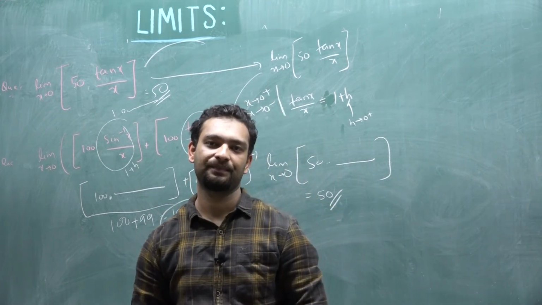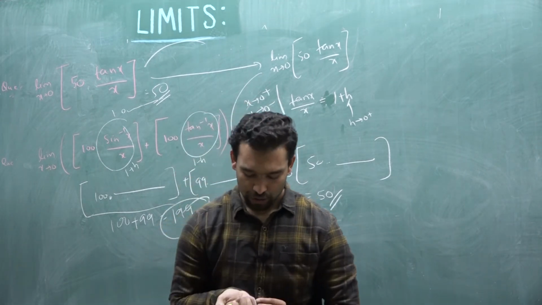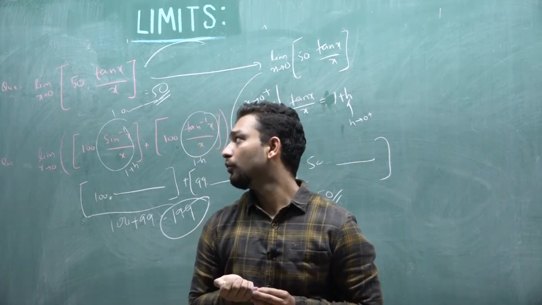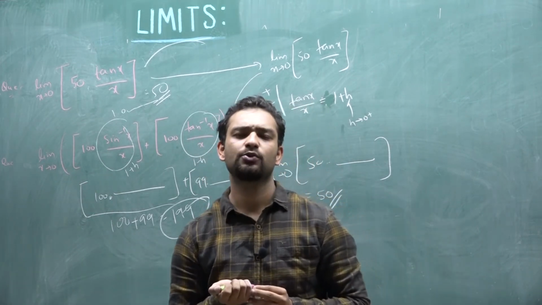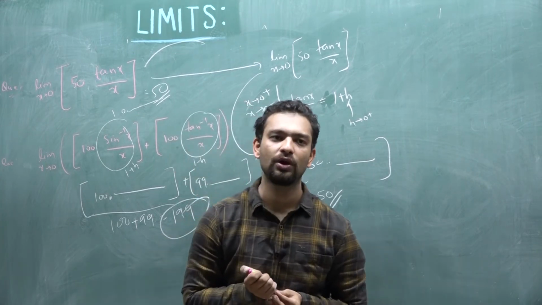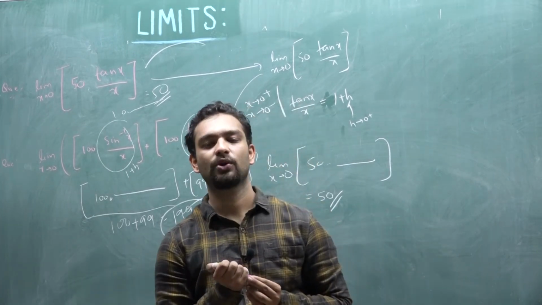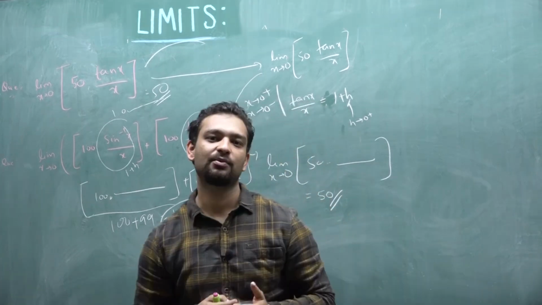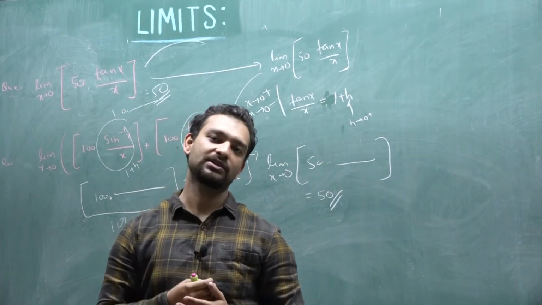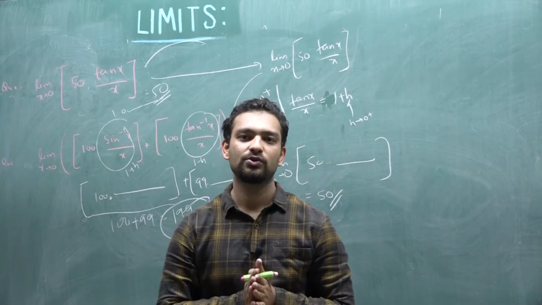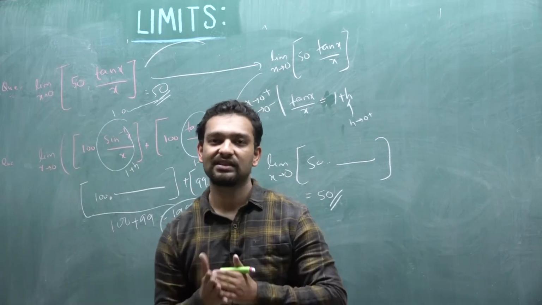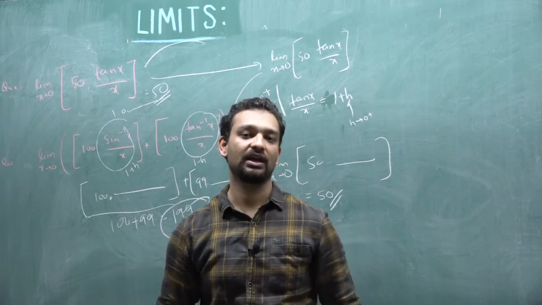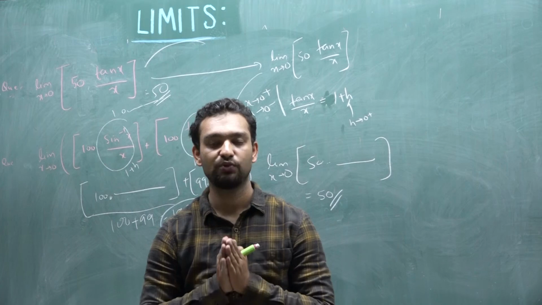199. Okay guys, so that's all about trigonometric limits. Some more methods we use to evaluate trigonometric limits are using expansion and using L'Hopital's rule, which we'll be doing in further lectures. Keep these things in mind: tan x upon x, x upon tan x, sin x upon x, x upon sin x. When you do questions involving greatest integer functions and fractional part functions, you might make a mistake if you don't remember these values.